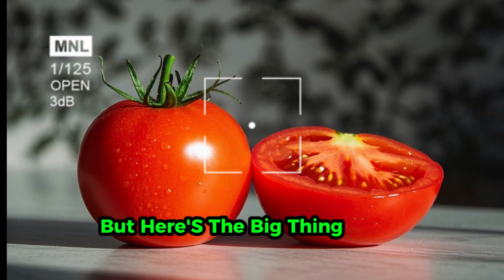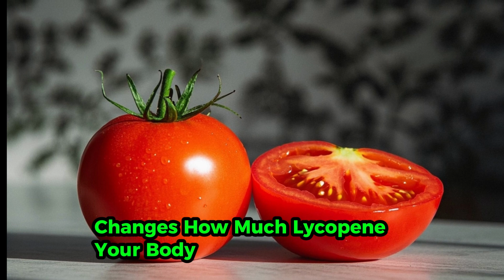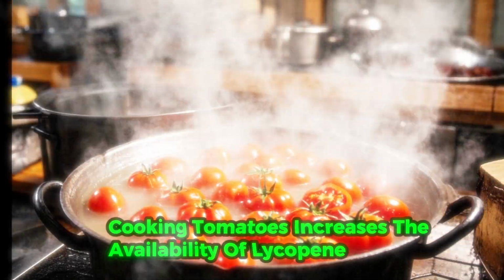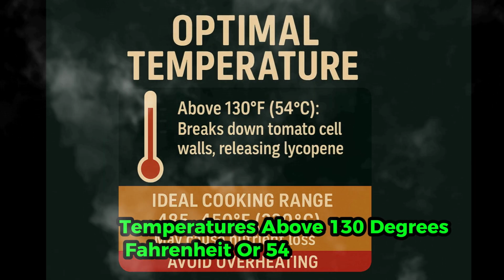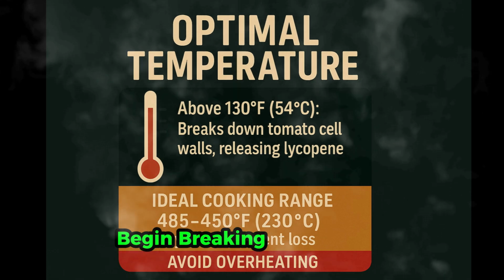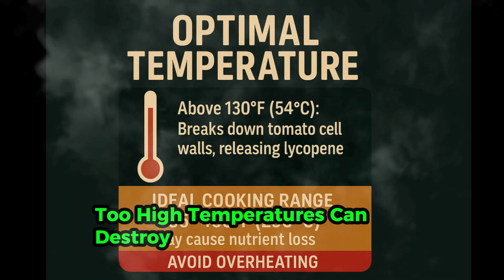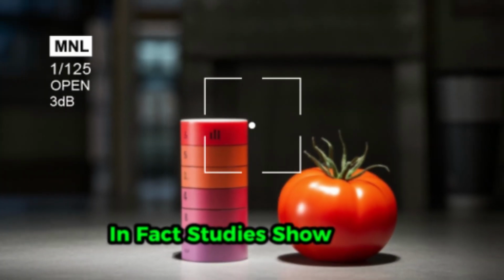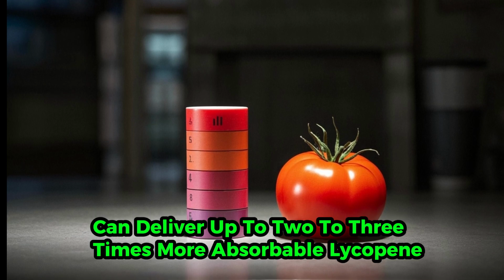But here's the big thing. How you cook your tomatoes changes how much lycopene your body can actually absorb. Cooking tomatoes increases the availability of lycopene. Temperatures above 130 degrees Fahrenheit or 54 degrees Celsius begin breaking down cell walls, releasing lycopene. Too high temperatures can destroy both flavor and some nutrients. In fact, studies show that cooked tomatoes can deliver up to 2 to 3 times more absorbable lycopene than raw